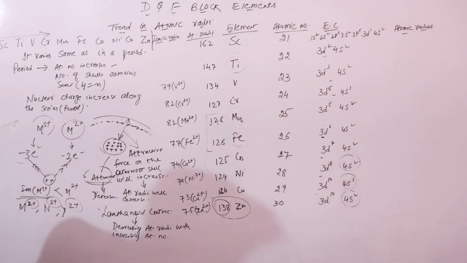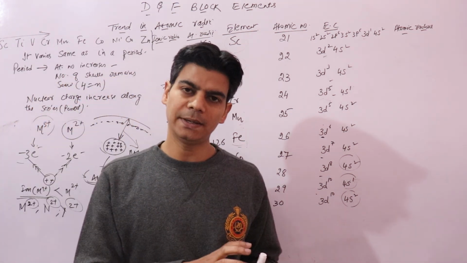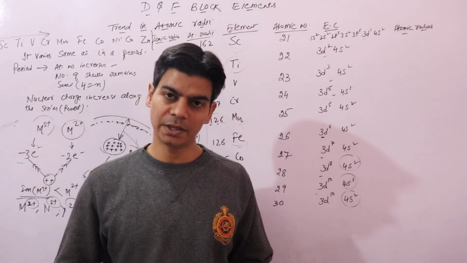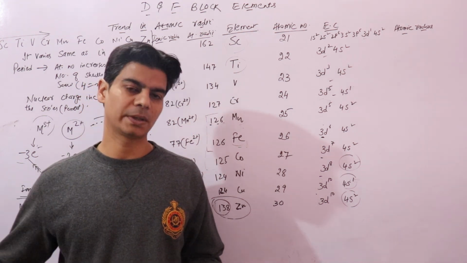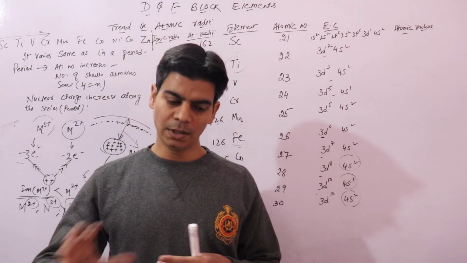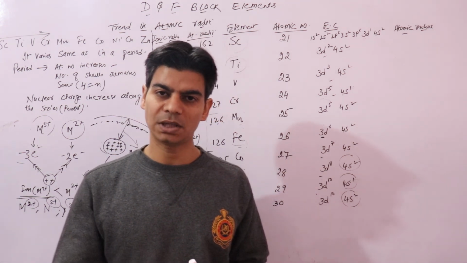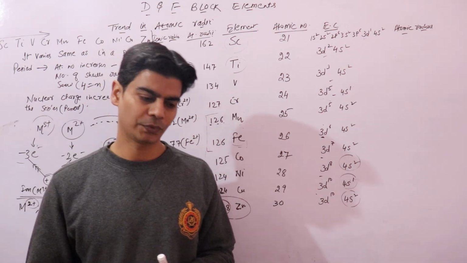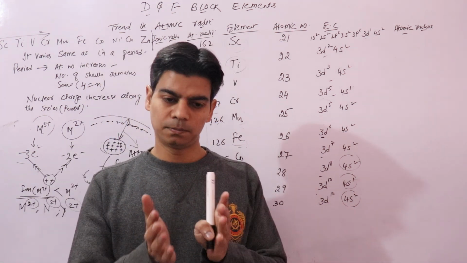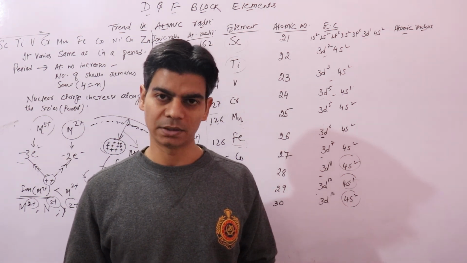Now just understand one more thing: your S block elements and D block elements will form positive ions, right? Whereas your P block elements, which are in the extreme right of the periodic table, have high electronegativity, so they generally form negative ions. For example, chlorine, bromine, iodine, right? All these are in the P block of the periodic table, and we know they form negative ions because they can easily accept an electron, right? So they form negative ions.